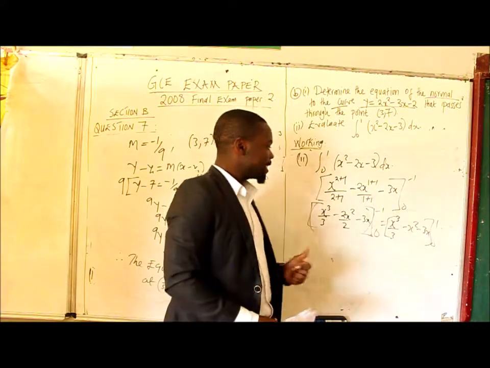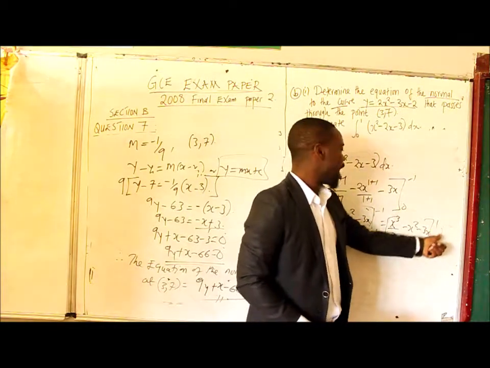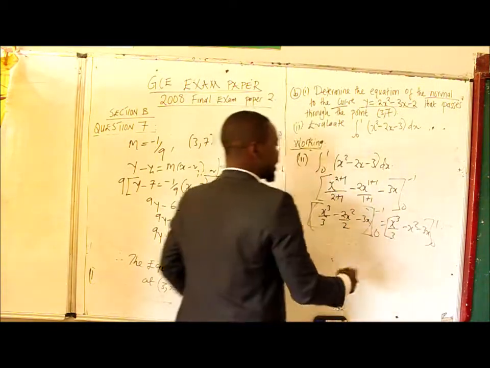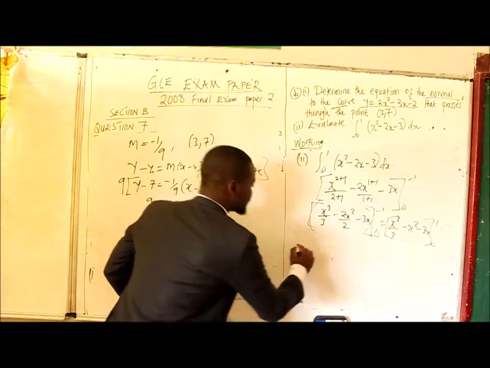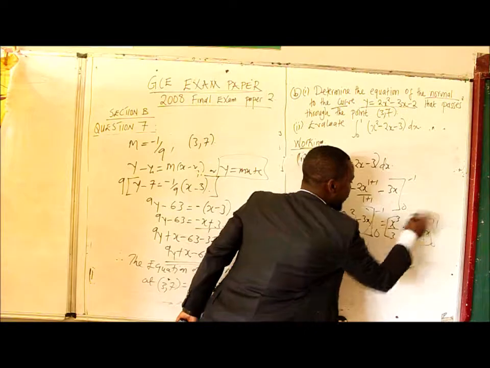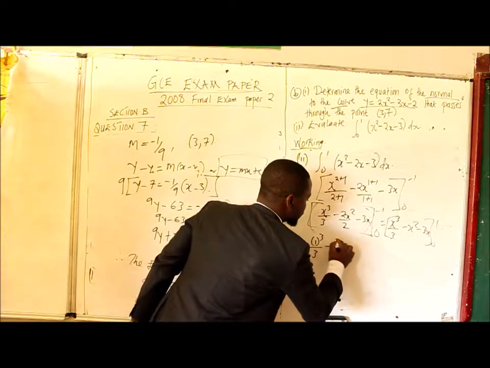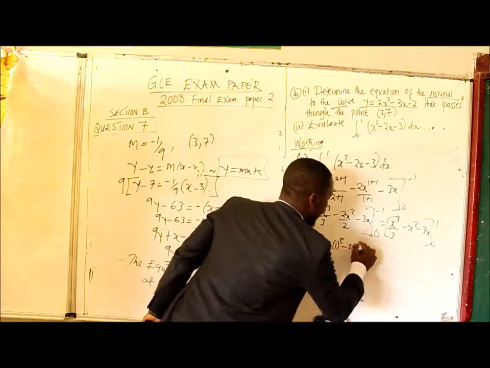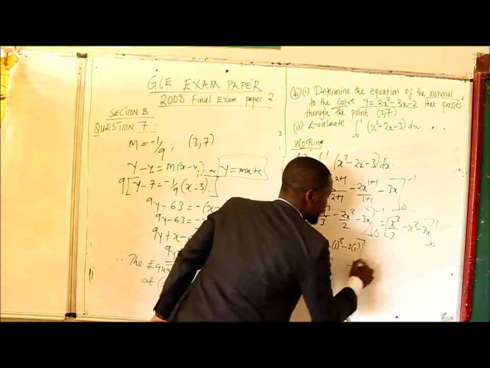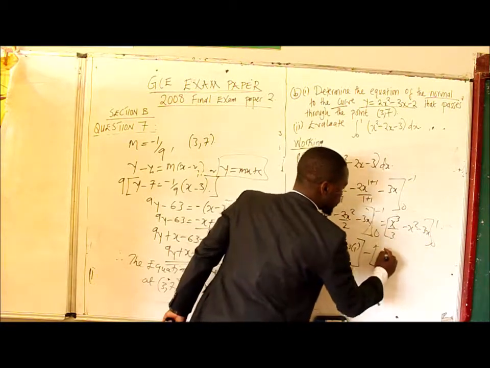At this stage, you must subtract the lower limit from the upper limit after you substitute. So let's substitute and then subtract them. For the upper limit, whenever there is x, you put 1. So we are going to have 1 to the power 3 over 3 minus 1 squared minus 3 times 1. This is your upper limit minus lower limit. Whenever there is x, you put what? 0. So we have got this.